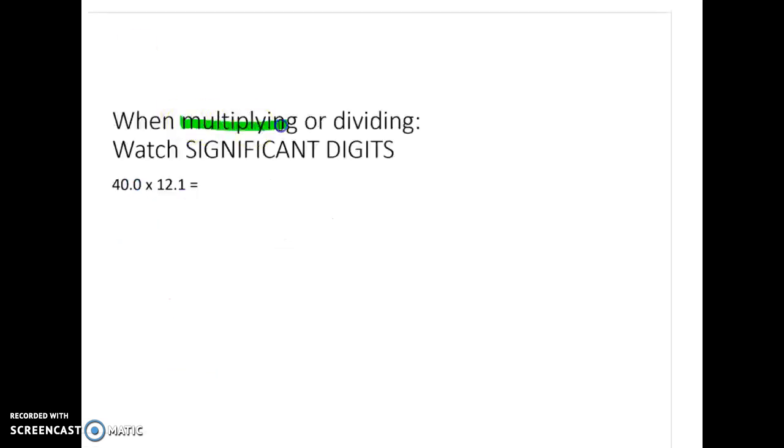So it's a little different when you're multiplying or dividing. When you're multiplying or dividing, you're going to be looking at significant digits. And so this goes back to the stuff that you took some notes on, and you have that worksheet in your folder about significant digits. So you have to be able to count significant digits when you're doing this. So you're going to go to each one of these numbers that you're given, and you're going to say how many sig figs are in each one. So